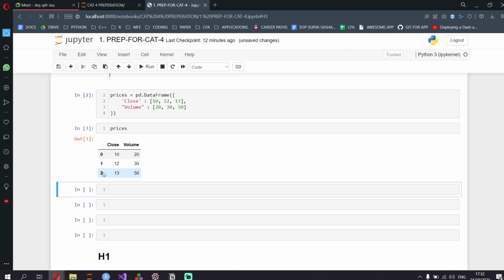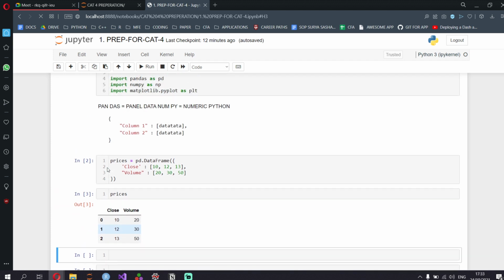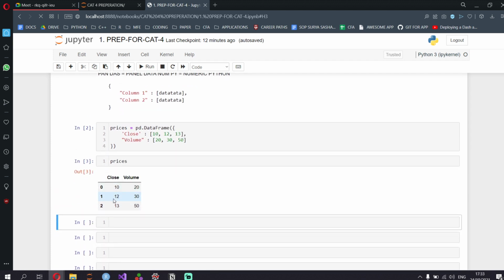Python is a zero-indexing language, which means it counts from 0 and not from 1. R programming, on the other hand, counts from 1. So here in Python, you need to count the first one as 0, the second one as 1, the third as 2, like that. Same thing with respect to columns. The first column is 0, the second column is 1.